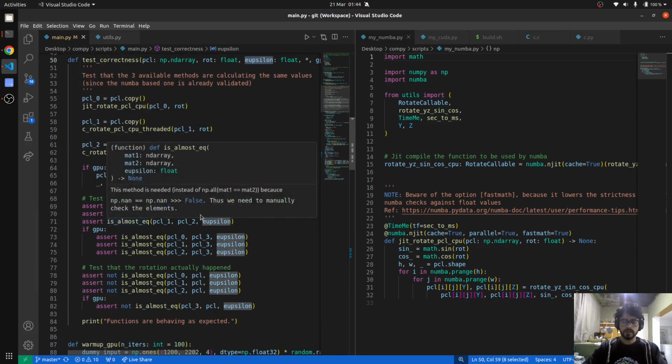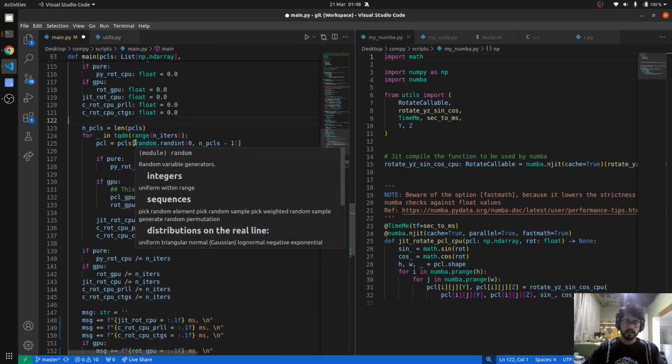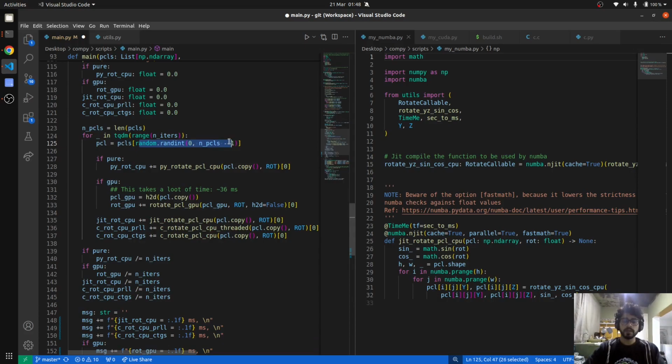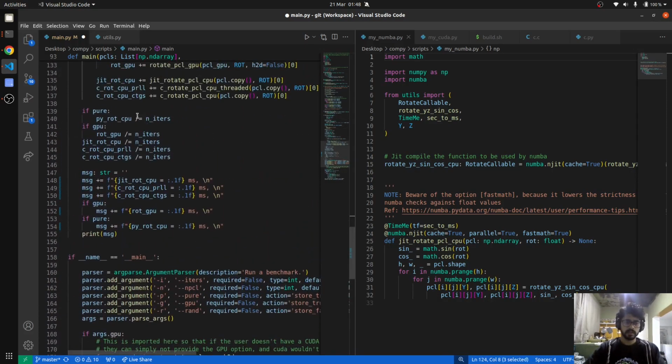And the reason I have this, and I'm not doing a NumPy function or a double equality, is that these are floats, and floats can never be equal. You cannot do this. You can do this, but it will be always false, most certainly false. At every iteration, we have a list of PCLs that we've randomly created. We randomly pick one of them. So yeah, we just keep on iterating, and then we just print the means of all the runtimes. Get back to our